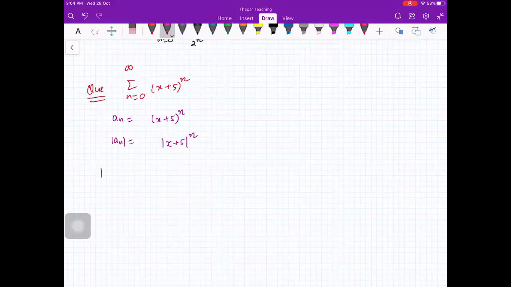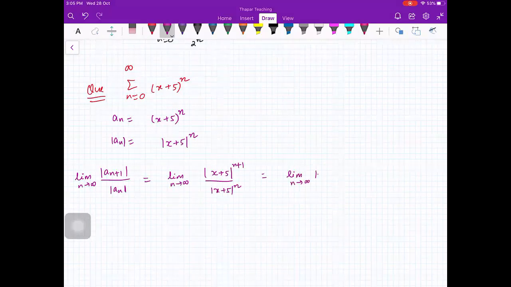So we want to apply ratio test here. So you have mod of an plus 1 upon mod of an. If you take the limit n going to infinity, what you will get, limit n going to infinity mod of x plus 5 raised to power n plus 1 upon mod of x plus 5 raised to power n. So that is equal to limit n going to infinity mod of x plus 5. So you get this limit as mod of x plus 5. Okay. So by ratio test,